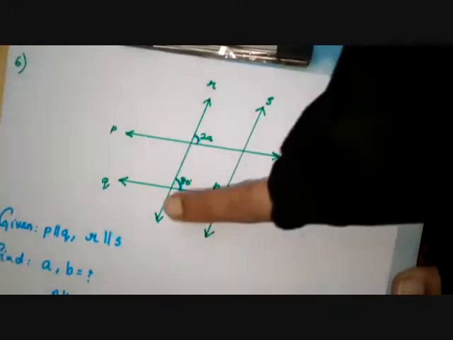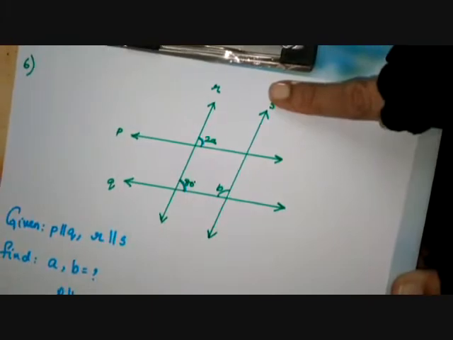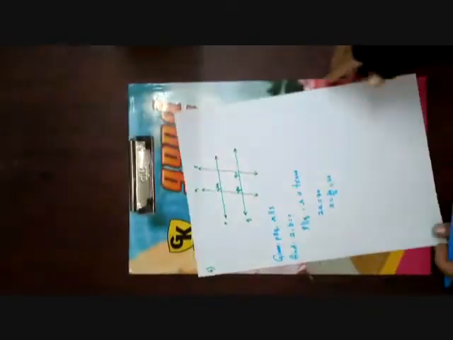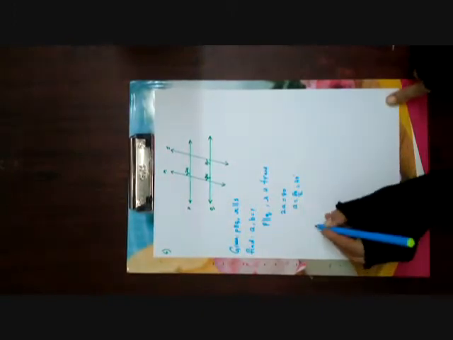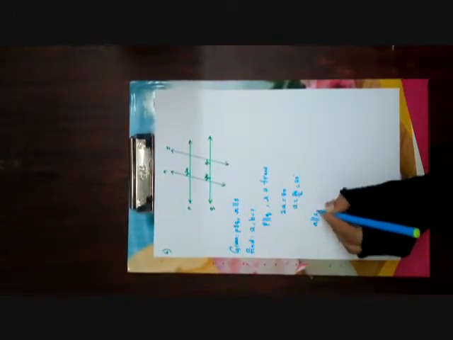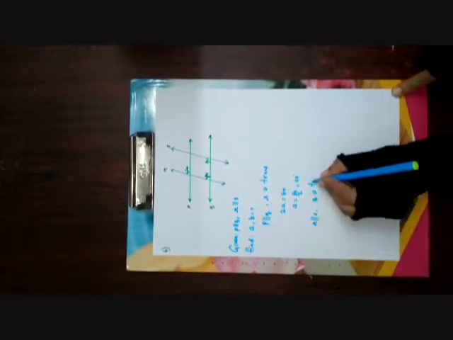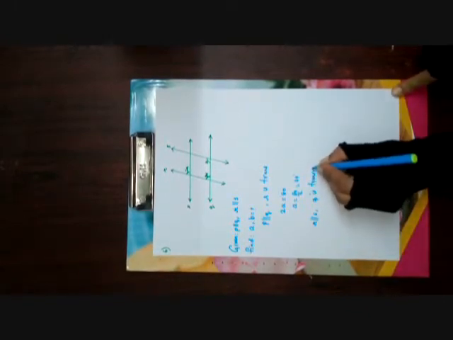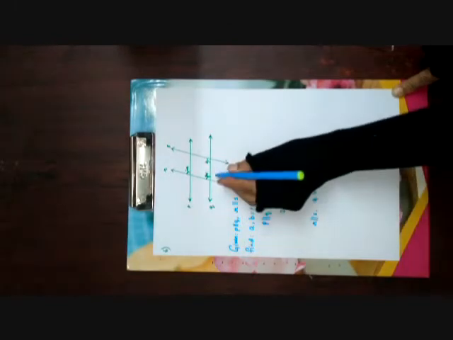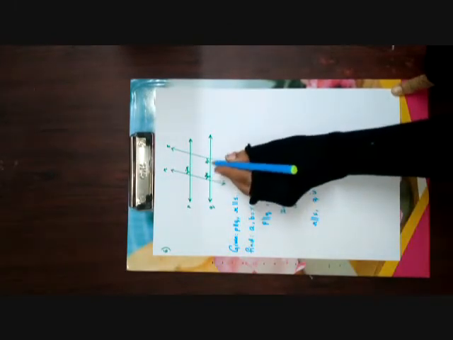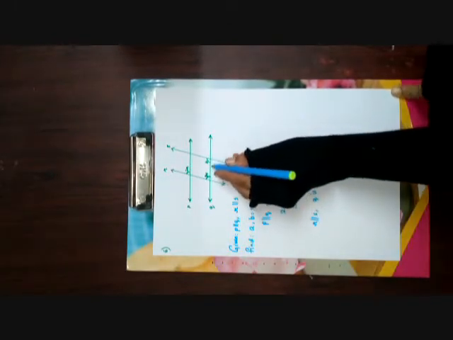So when we say R and S are parallel lines, Q is the transversal in the second condition. What are we doing? We are telling R is parallel to S and Q is the transversal. Line Q is the transversal. So in this case, what can we say, children? Can I say that these are the interior angles lying on the same side of the transversal?